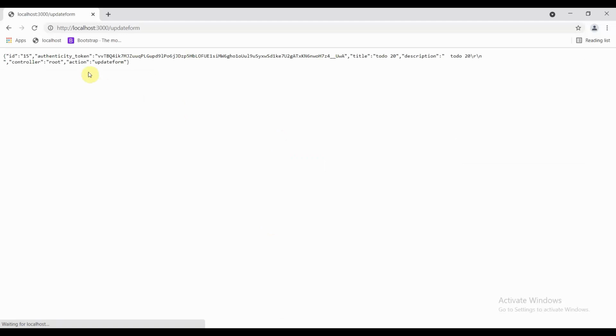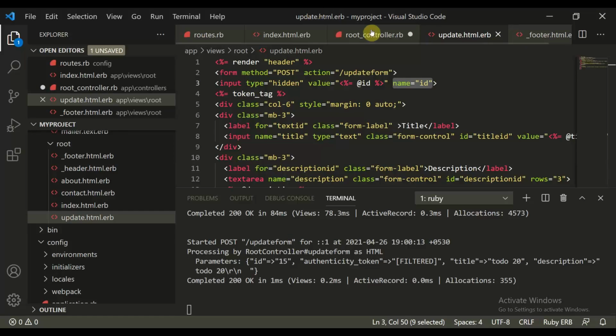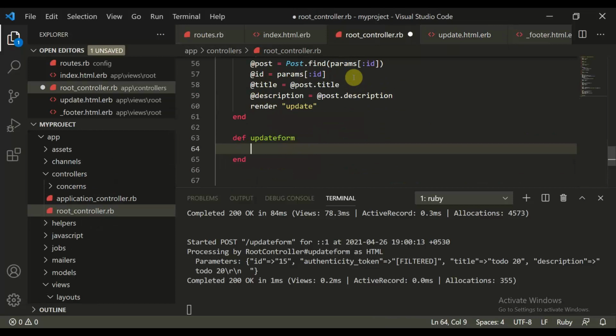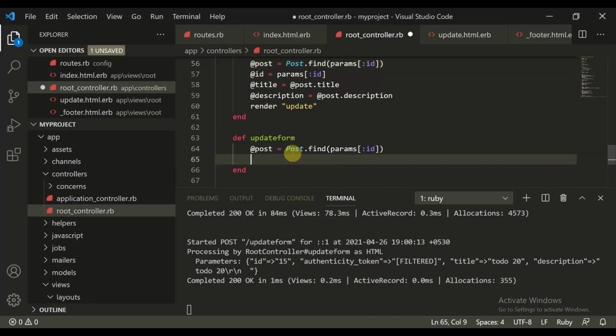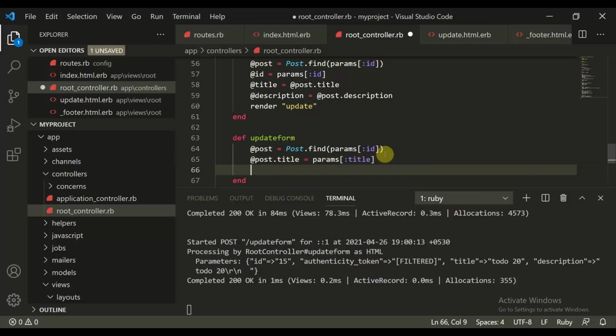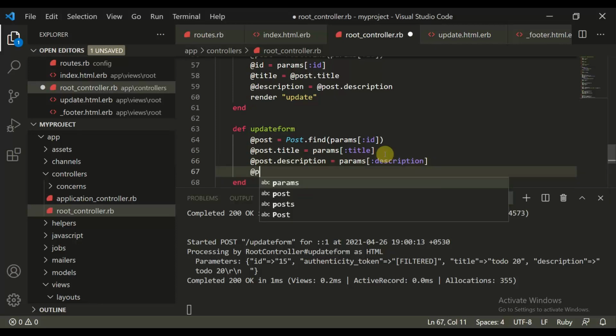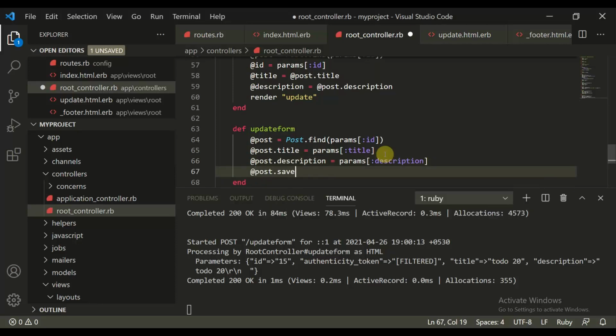When you submit this, you get the ID here. So what you need to do now is find the post, and then @post.title is equal to params of title, and @post.description is equal to params of description, and then we need to save that, post.save.